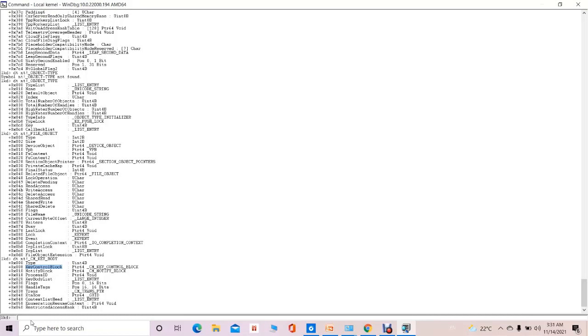Now we'll see the structure of the key control block. Again we have to use the command display type, then cm underscore key underscore control block.